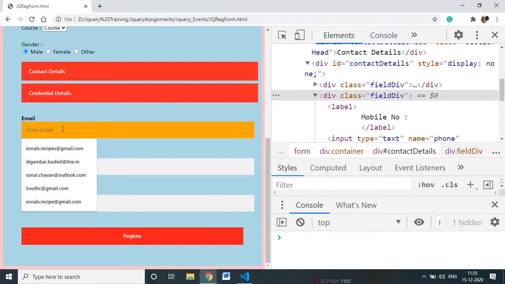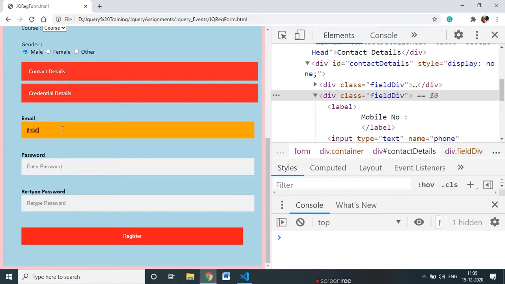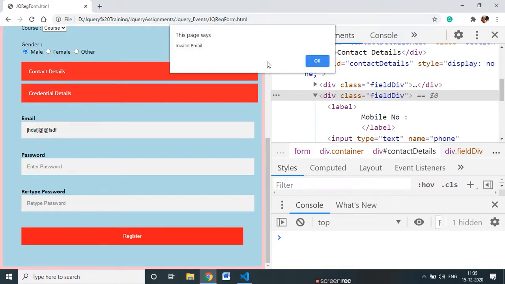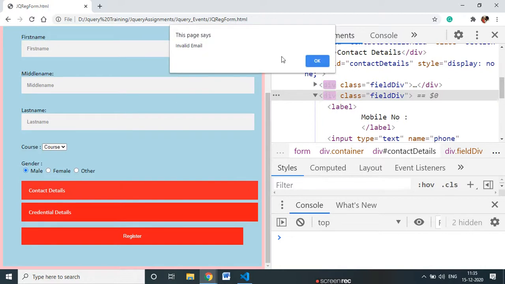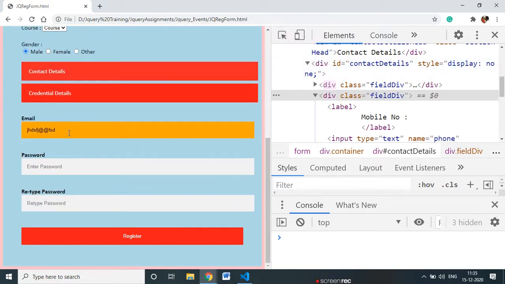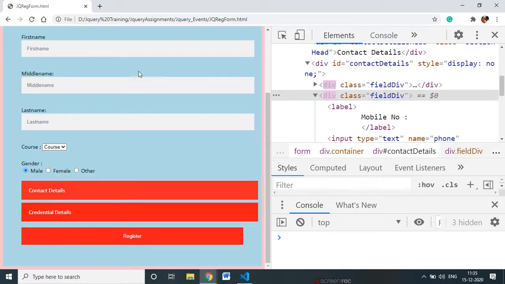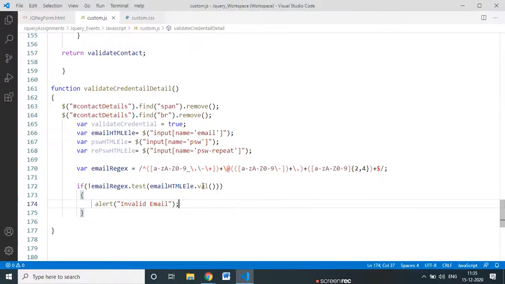That's why it's showing. So I will give an invalid email, put it here and click here. It's saying invalid email. Again invalid email. Now I put a valid one. Now it's valid, it's not giving an alert, which means my validations are perfect and working fine in this case.